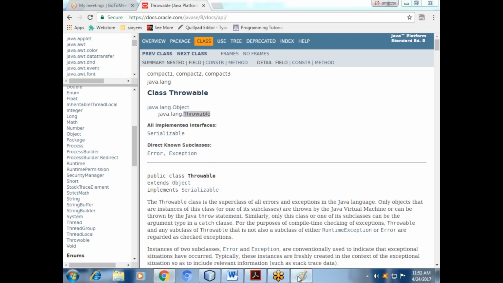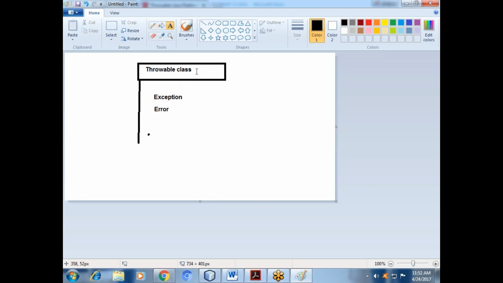Got it? So if people ask about the Throwable class, easily the two classes will come to your mind. Whenever people say exception, or I ask you about exception, listen and understand what keywords are used. Directly you will find try, catch, finally, throw, throws keywords are there for developing with Throwable.